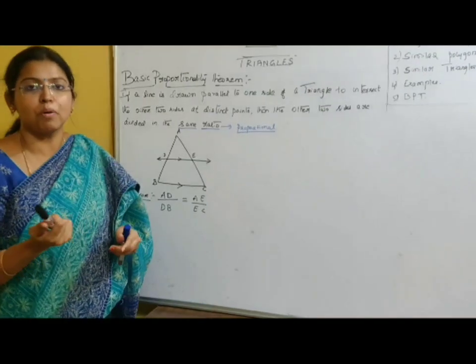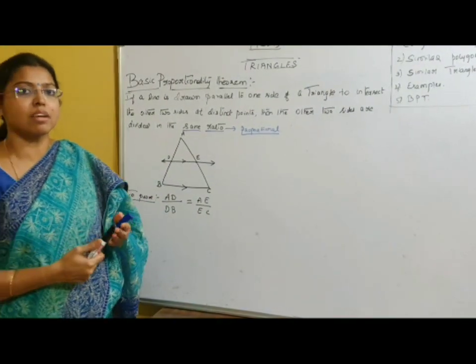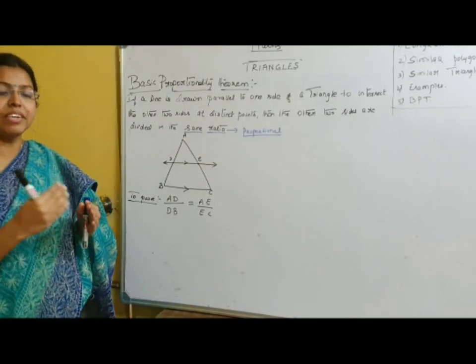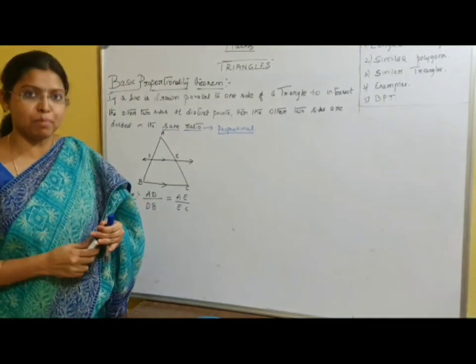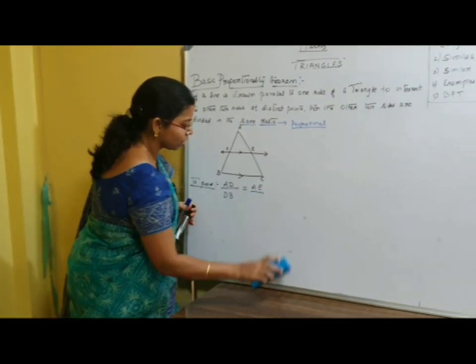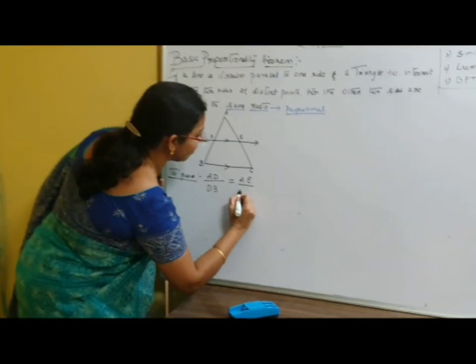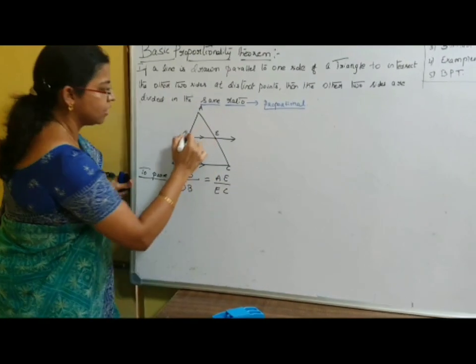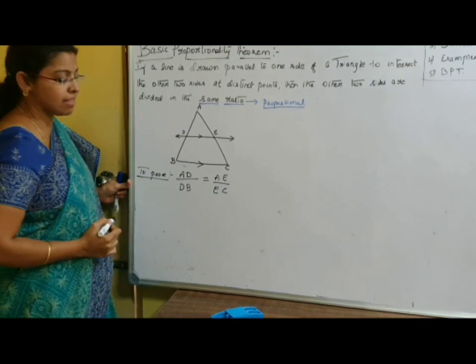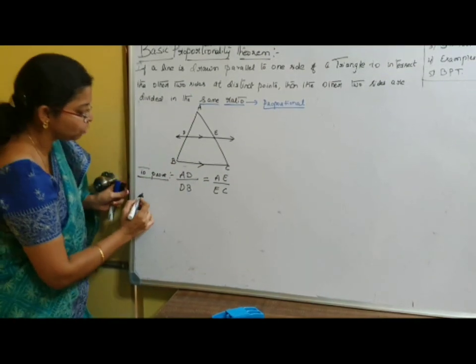This is what we have seen to prove similar polygons. When do we say two polygons are similar? When the corresponding sides are proportional or in the same ratio. What did we do there? We divided the sides to check whether they were proportional. Here we do the same thing. AD by DB is equal to AE by EC. These are the other two sides because this line is parallel to the third side BC. This is what we need to prove from the theorem.